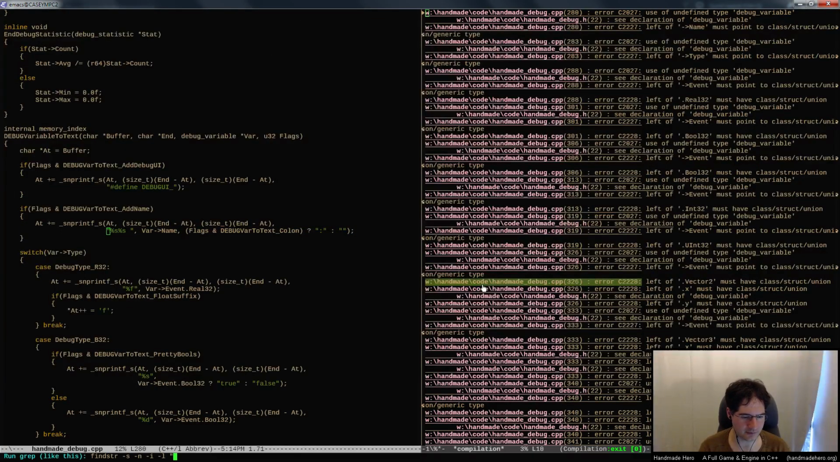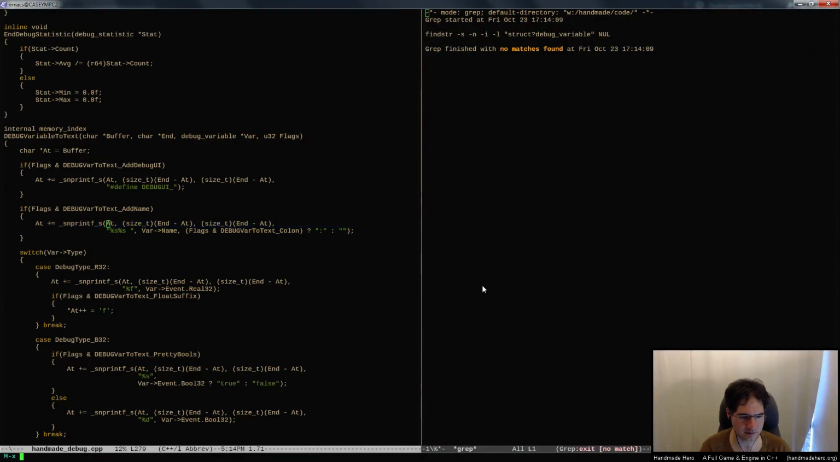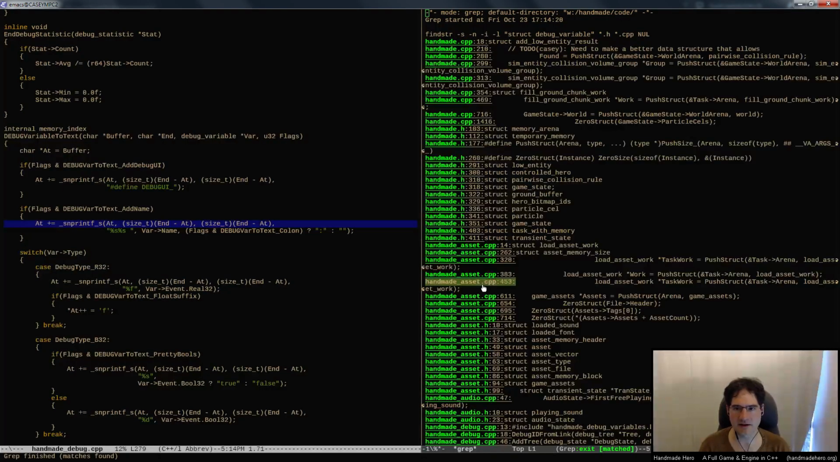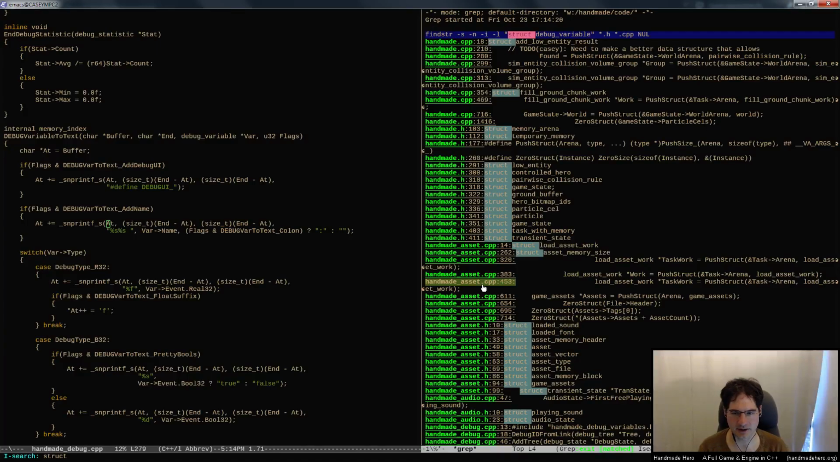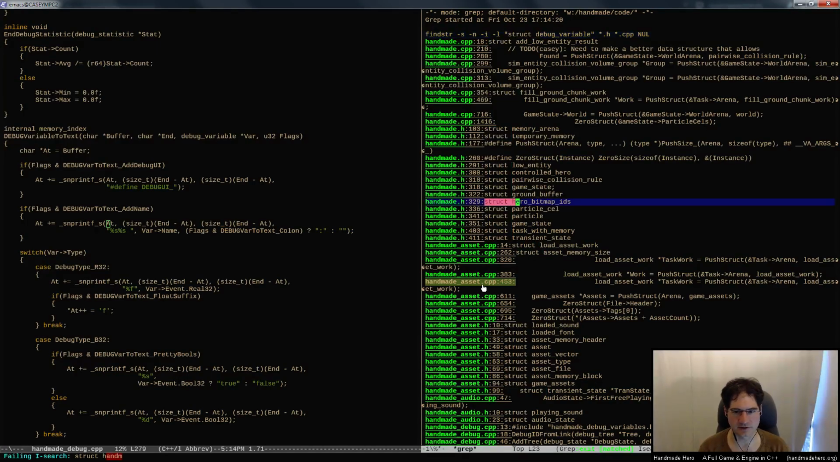I want to find everywhere we do struct debug variable. I can't remember how this goes exactly. Maybe something like this. Is that right? Let me see. No, maybe the dot operator. No. I thought there was some way to get it to actually search for that, but I don't know. I guess there isn't. I thought we looked this up before, to be honest with you, but maybe not. Anyway,